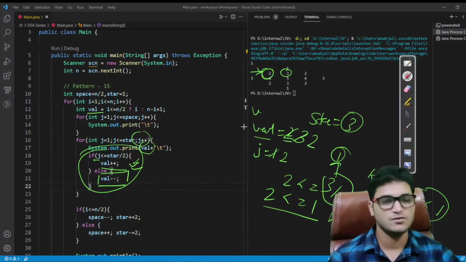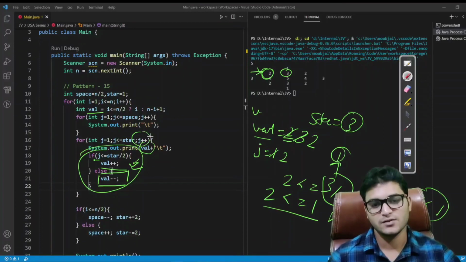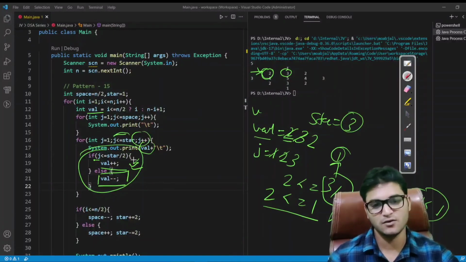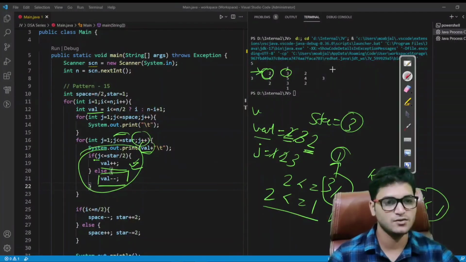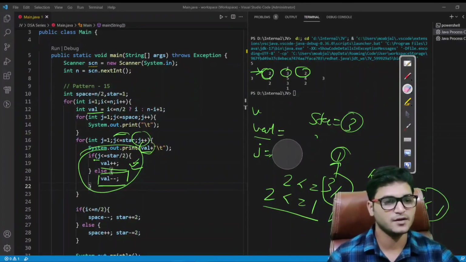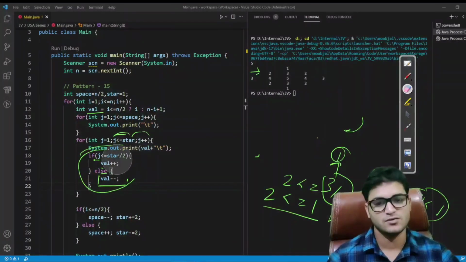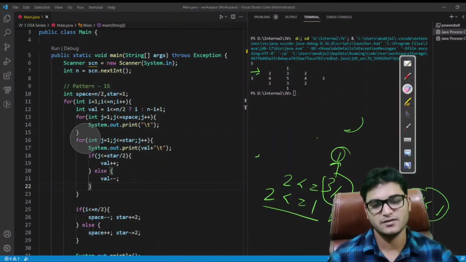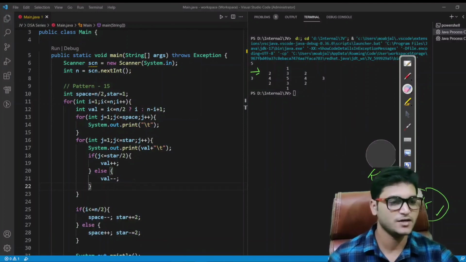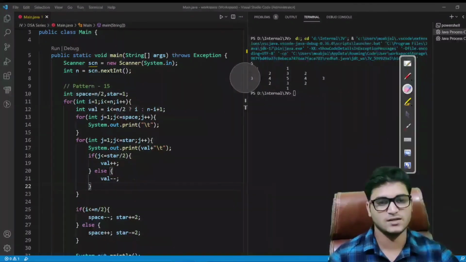Fine. So now again this loop would execute. Now the value for j is 3, and this will check here 3 is less or equal to 3, so this would enter the loop again and would print the value for val. So what is the value for val? Now it is 2, and it is printing 2 here. So that's all we have to do. We have printed our correct output. So now after this this loop will not be executed for this row. We are done here. So that was really simple.